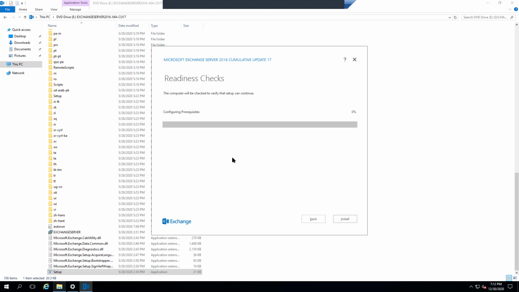What is meant by this first organization? In AD there is something called the default site, right? The same way here, it is creating something called the default. The name of this Exchange organization is going to be the first organization, which means even if you have multiple Exchange servers, everything will be within this first organization.